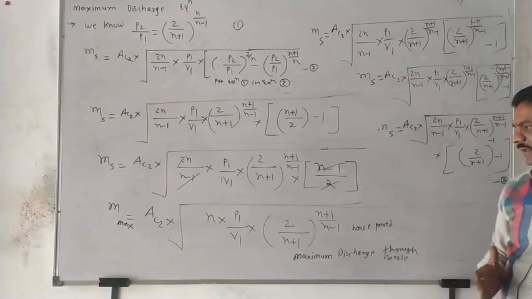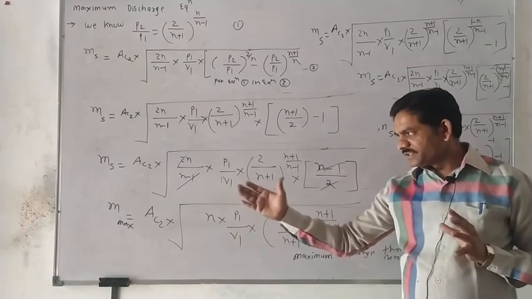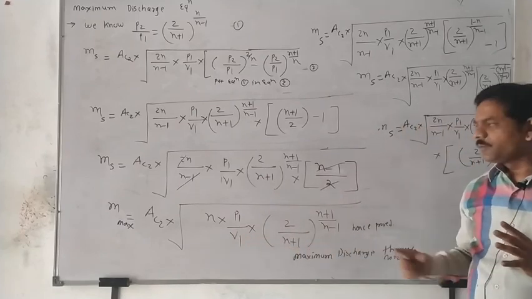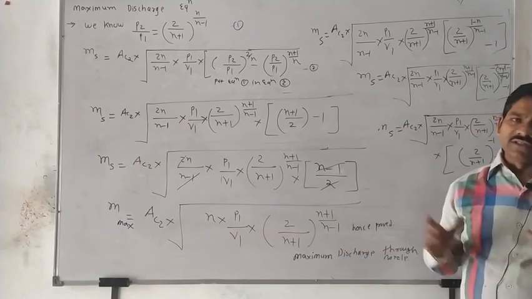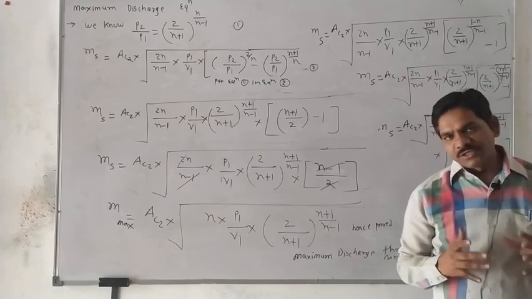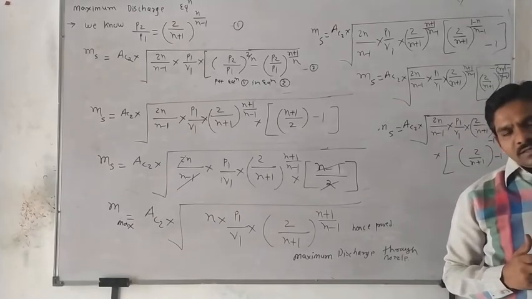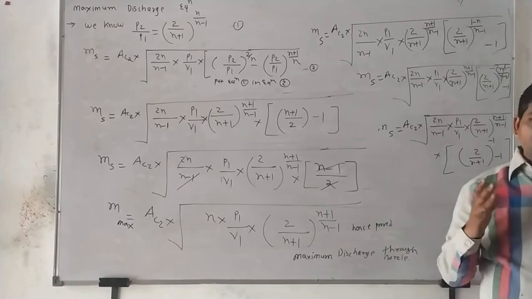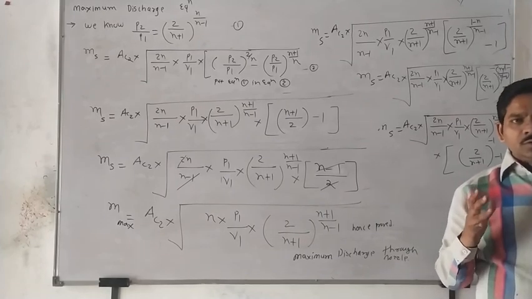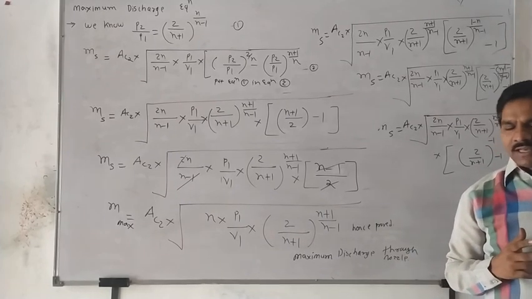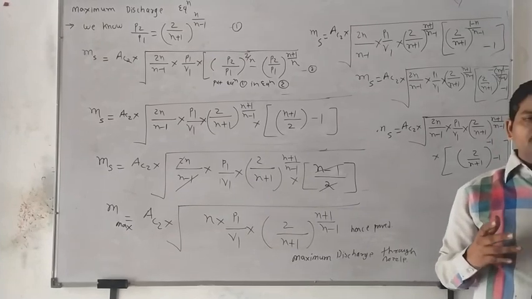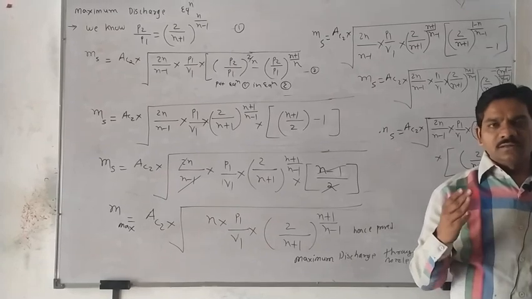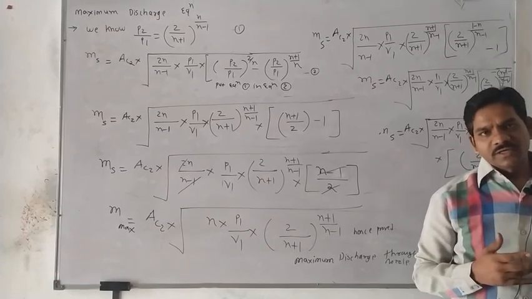Okay, so carefully, this m_max, maximum mass flow rate, depends upon these following conditions. These are the very important derivations I solved today from the university point of view. So all the students, do this derivation properly, and any doubts, any difficulty, you call me or write down any suggestion or problem in the comments. Okay, thank you very much.